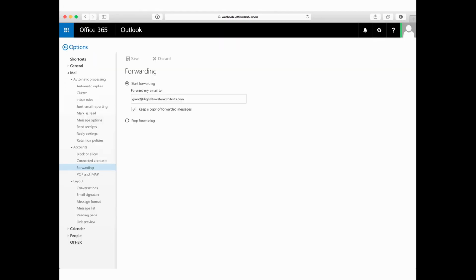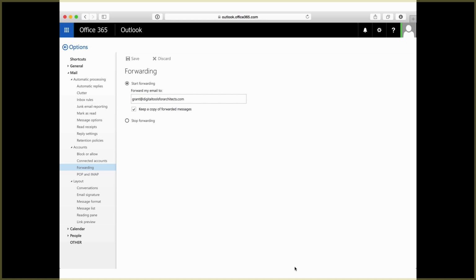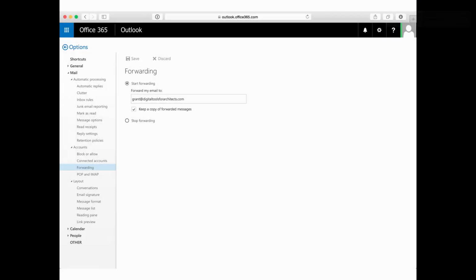If you're in Outlook, it's a very similar strategy. You're down here in the account settings. There's something called forwarding, and basically you hit that button and say start forwarding to this address. It's pretty easy. So it lets you make sure you get that important Insight email without having to go and check that email account separately.